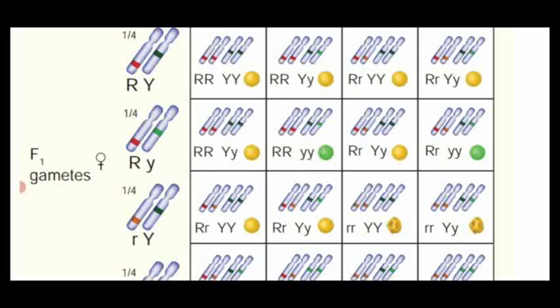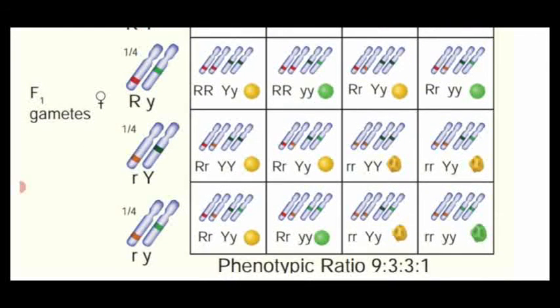Now, when we looked at the first one for yellow, we saw that capital R, capital Y is present. That is yellow round. What should yellow wrinkled have? Small rr should be there, and capital Y should be there. So is the pair there? Then in the last row, third column, small rr Y is there. So the ratio is 3, but the color is yellow and the shape is wrinkled.